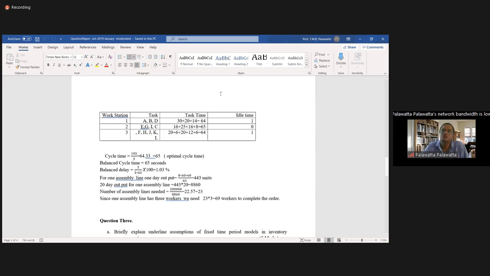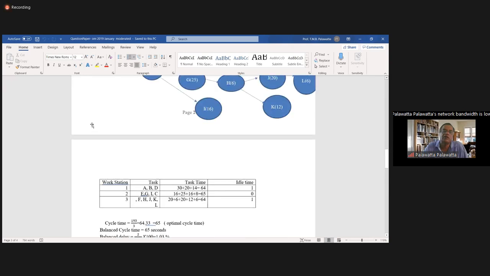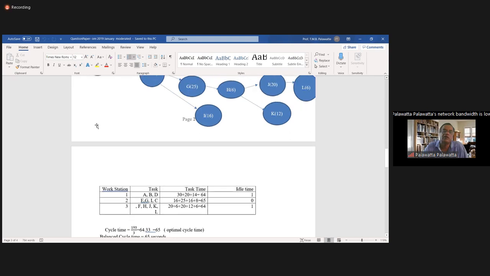These are rules, so we don't need them. The primary thing is we cannot violate the precedence. So by creating a workstation, A is allocated first, and then B is